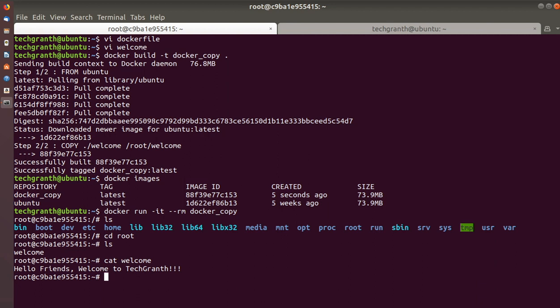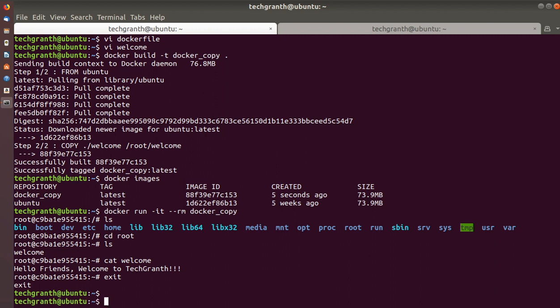So this is how the COPY instruction works. We can use the COPY instruction to copy files or directories from our local machine into the container. That was about the COPY instruction. Let me just exit from it.